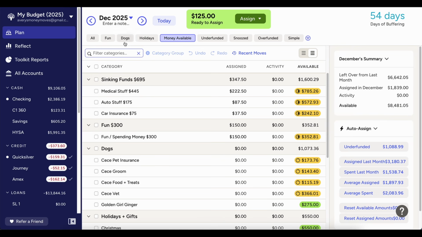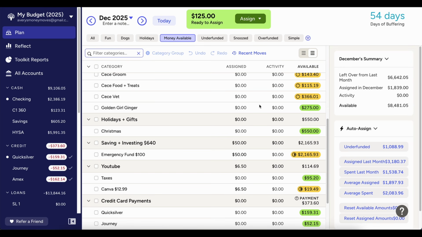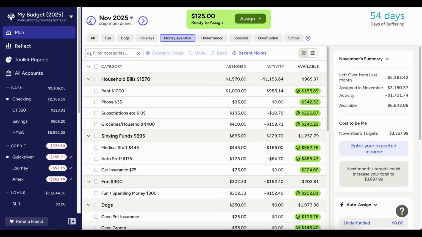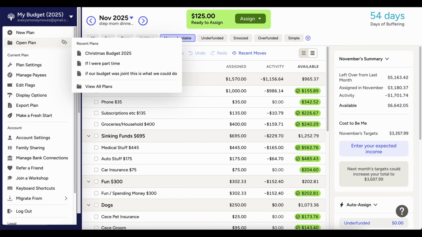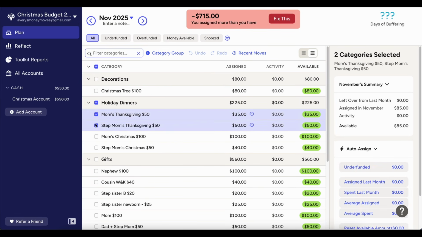But the point of this practice, or this measure, is to just prove to myself there is the ability to be flexible with other categories if need be, but I want to challenge myself to keep it within that initial $550. So that's where I'm at with my Christmas budget. I think the first priority will be getting my Christmas tree and then figuring out Thanksgiving, like locking that in. But it's crazy how it's almost here.